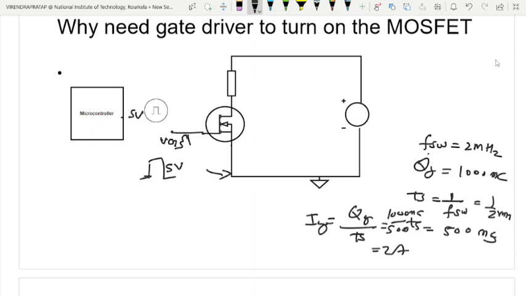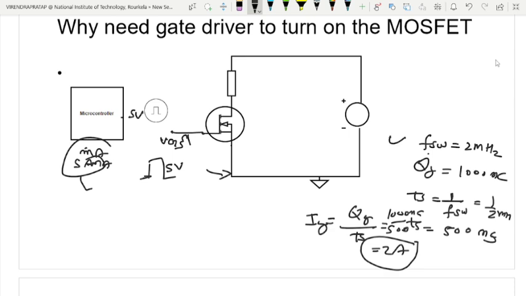We can see the voltage is sufficient: 5 volts is given by the microcontroller. That is okay, but we also need 2 ampere of current to turn on the MOSFET, whereas the microcontroller provides only milliampere current. That is not sufficient current to turn on the MOSFET. That's why we need the